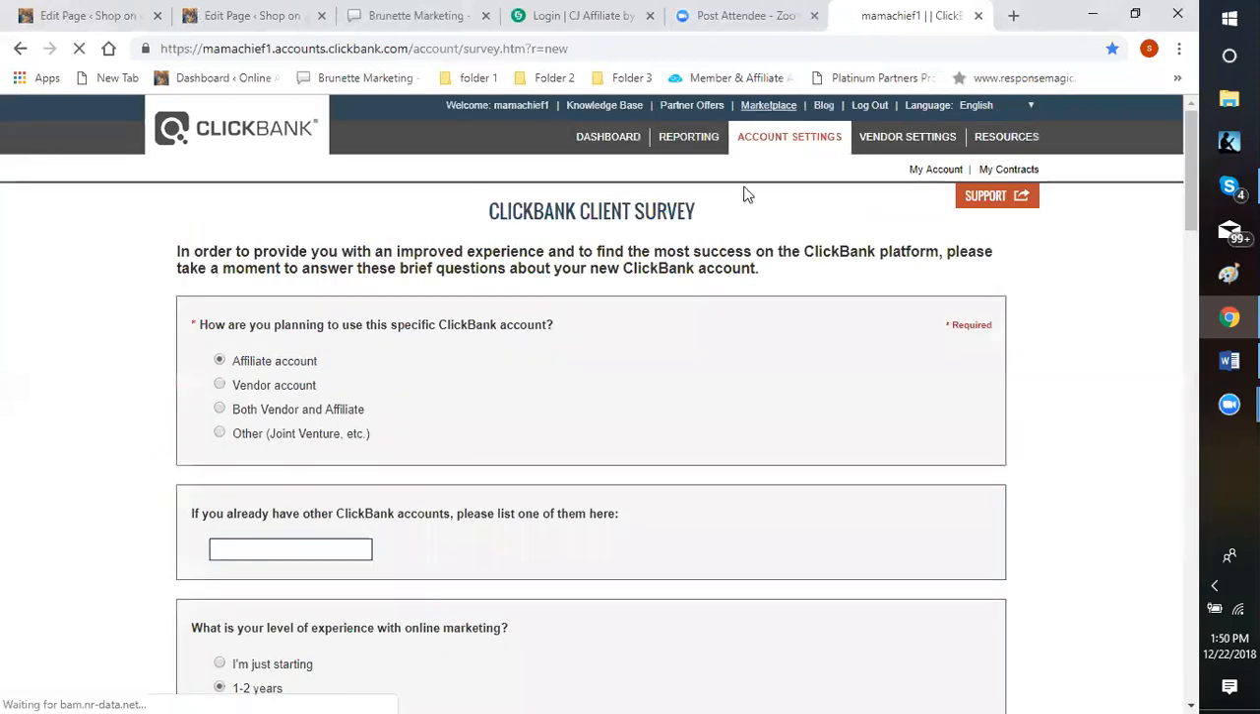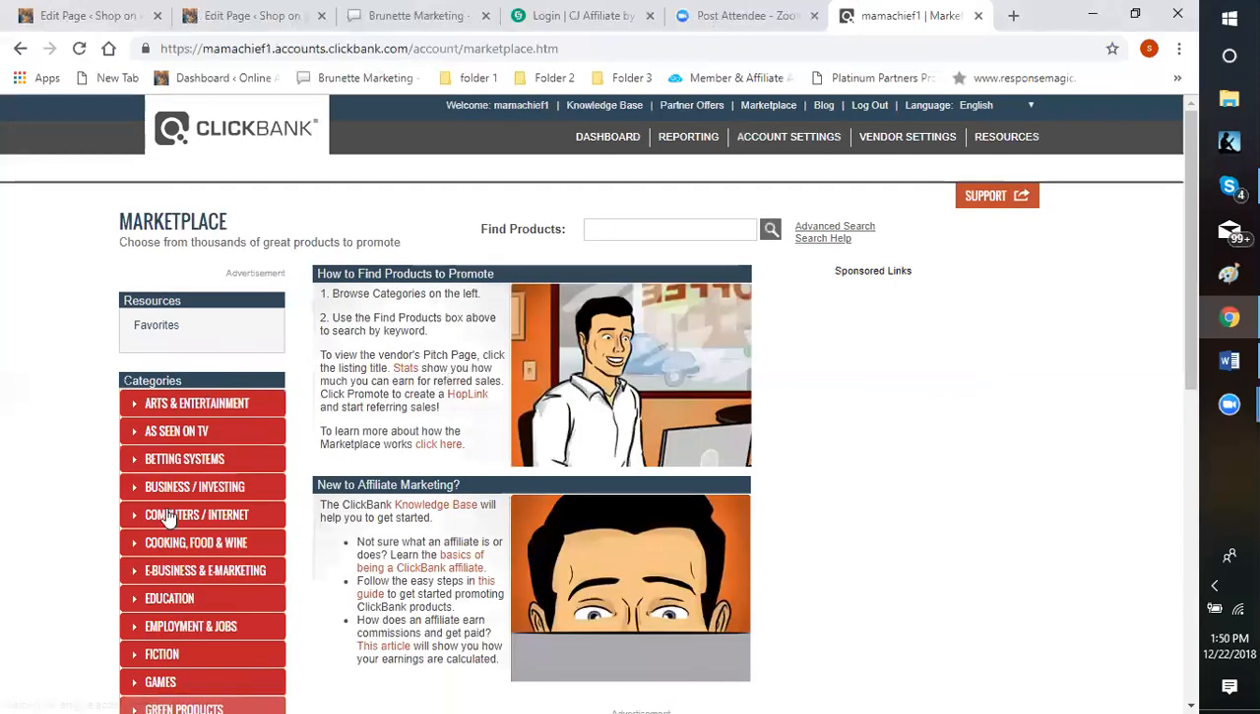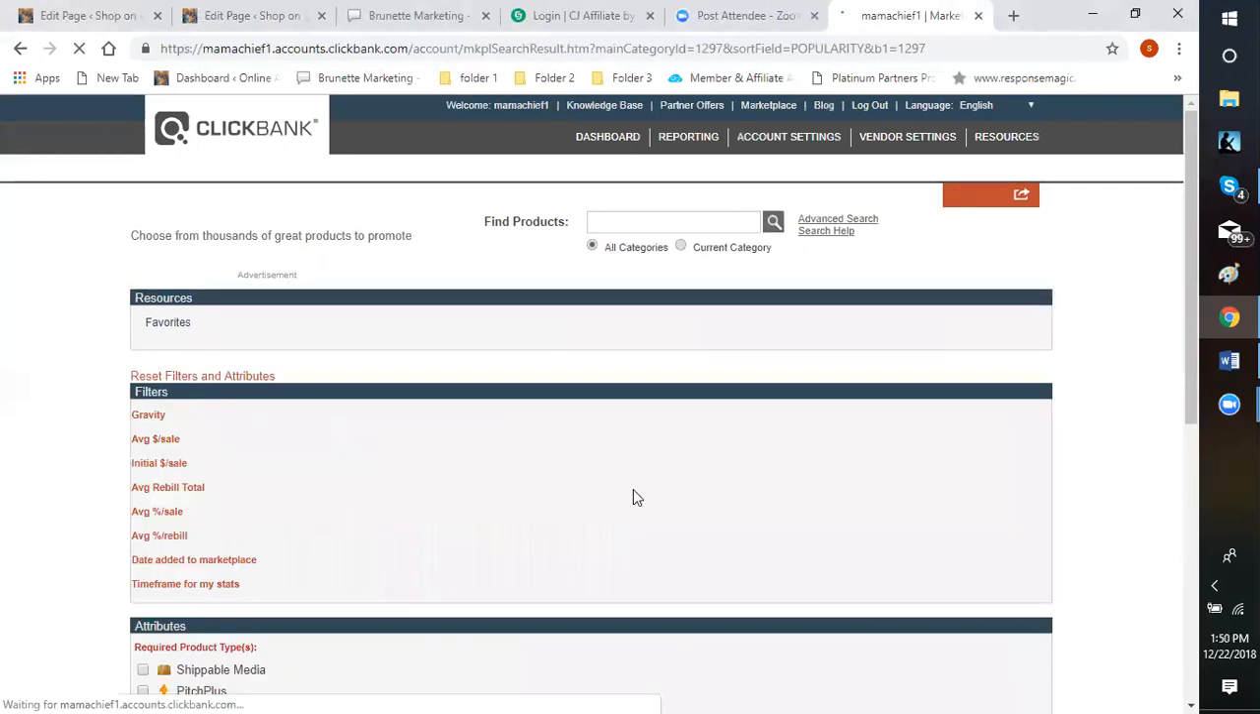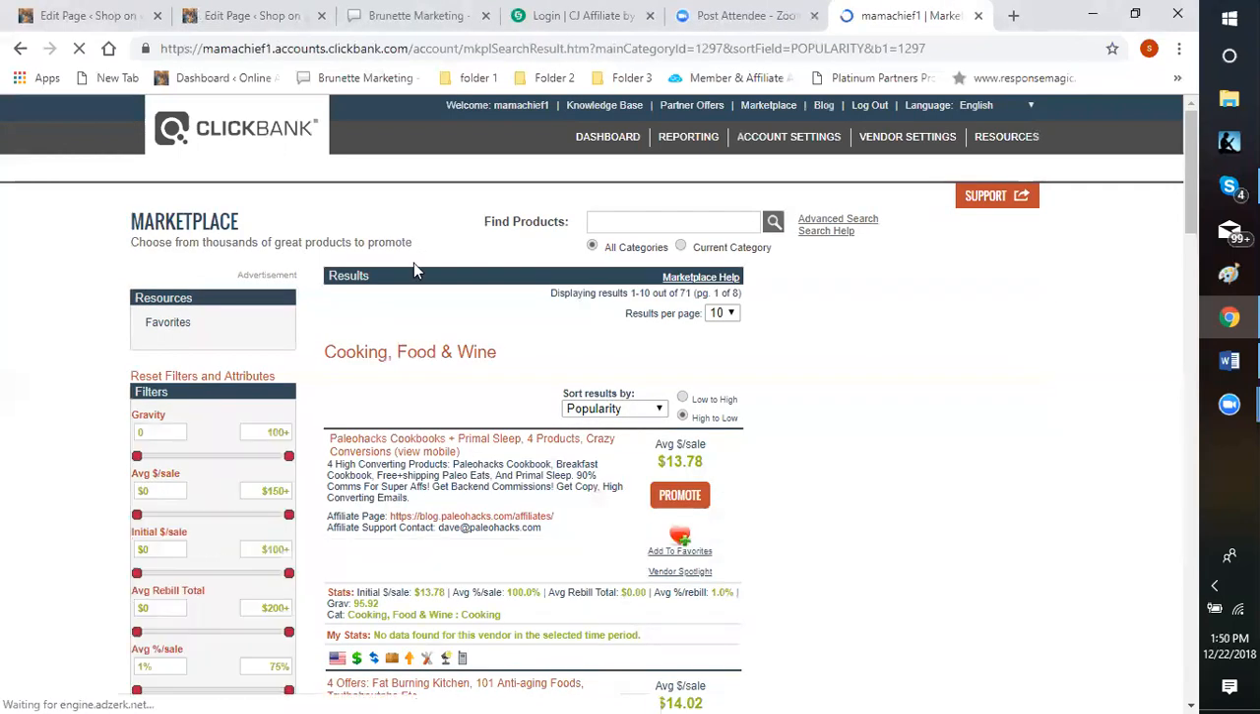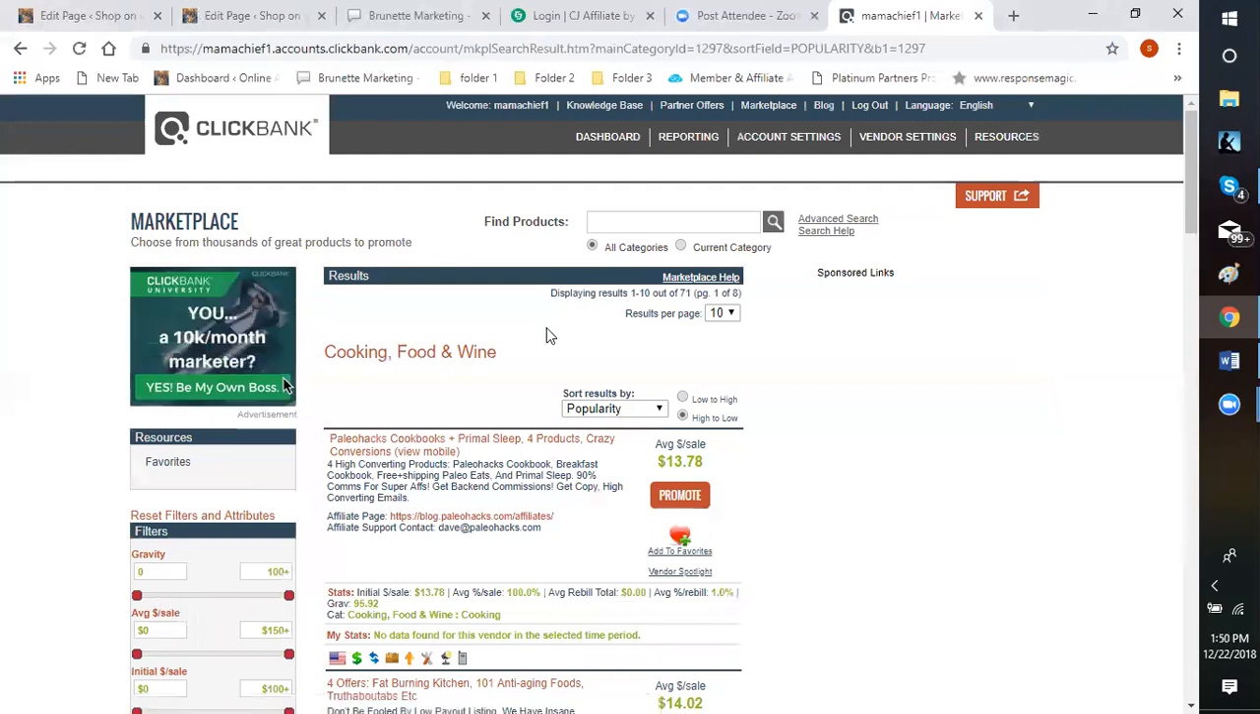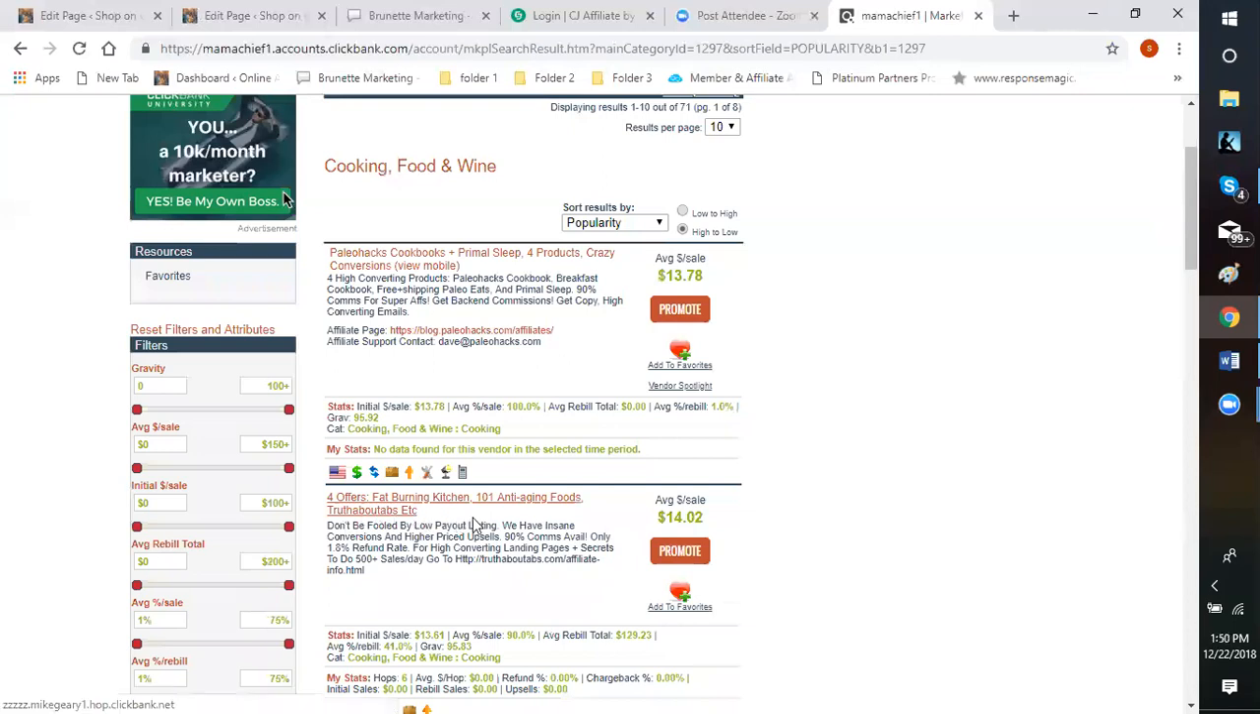All right, so if you go up here to your marketplace, you see these categories over here. If you're not real sure what you're looking for, but you know about what category it should be in, click on your category, and it makes it a lot easier to navigate. So like right here, you have your cooking, food, and wine category. And so if you want to go through here, like I know this is one that we used to promote. I think we still are. It's under your food stuff. If you click promote,